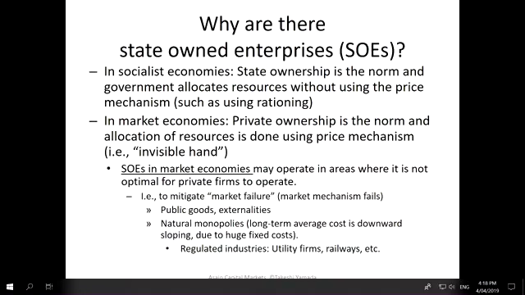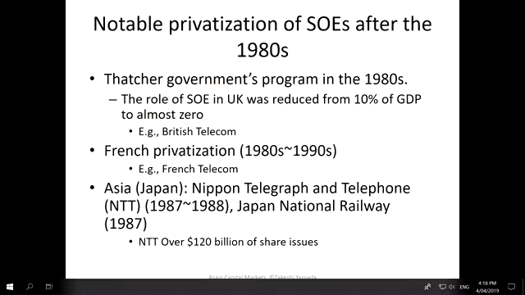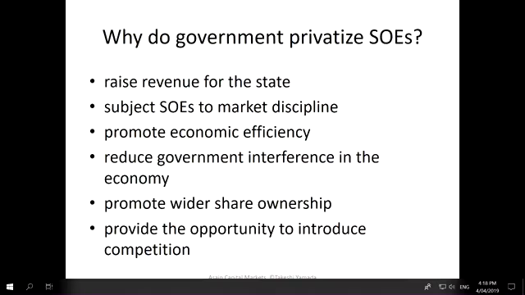Yes, so even in market economies, we do have SOEs, right? So that's what we were talking about. And then we talked about all this privatization that happened, but then what are the reasons for privatization? Well, by selling the SOEs, the government can receive the revenue, right? So that's one thing. But in many cases, the SOEs are not run very efficiently. So that's why